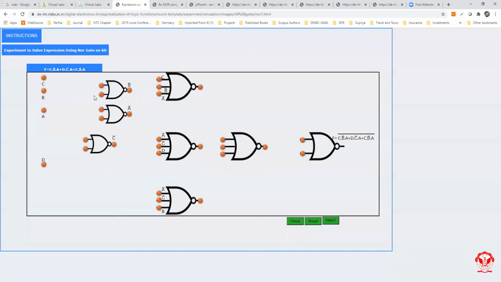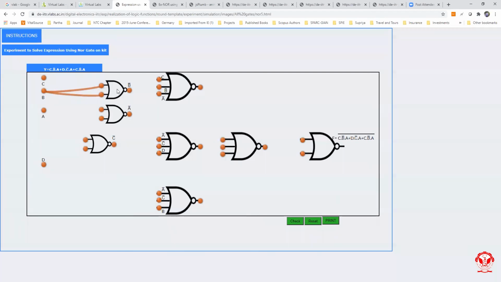Okay, now for the connections we have to make for all these NOR gates, just see the output of this NOR gate is B bar. Since the output of this NOR gate is B bar, just connect point B to the input of this NOR gate.